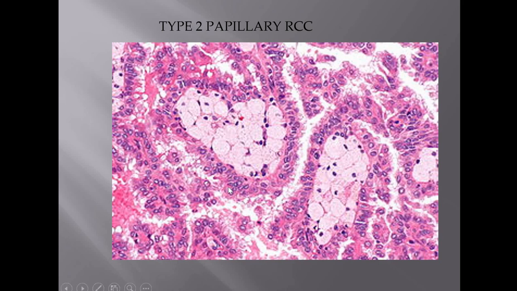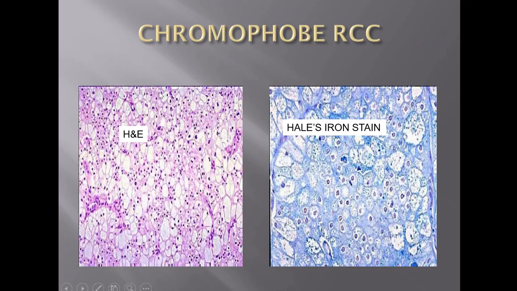They have more eosinophilic cytoplasm and more nuclear pleomorphism, okay. So this has a bad prognosis when compared to the papillary RCC type 1. Now chromophobe RCC, typically histologically they will have more clear cells, just like your clear cell RCC, it can mimic it,